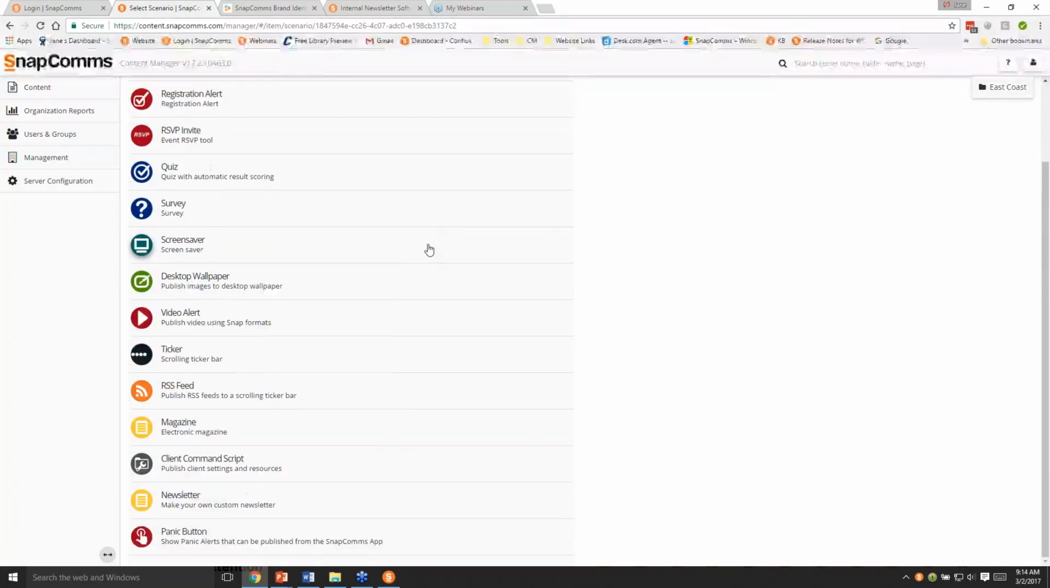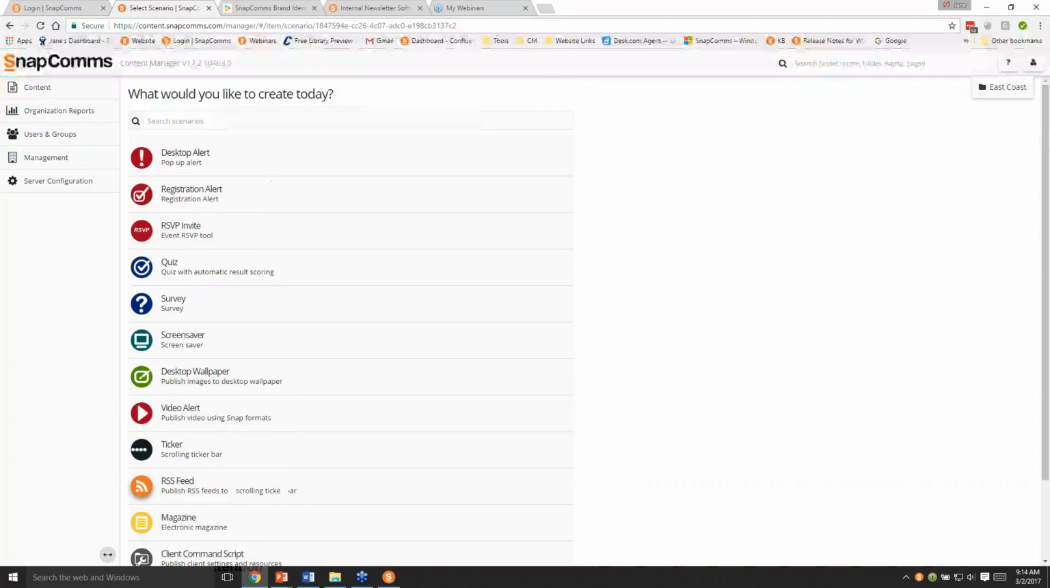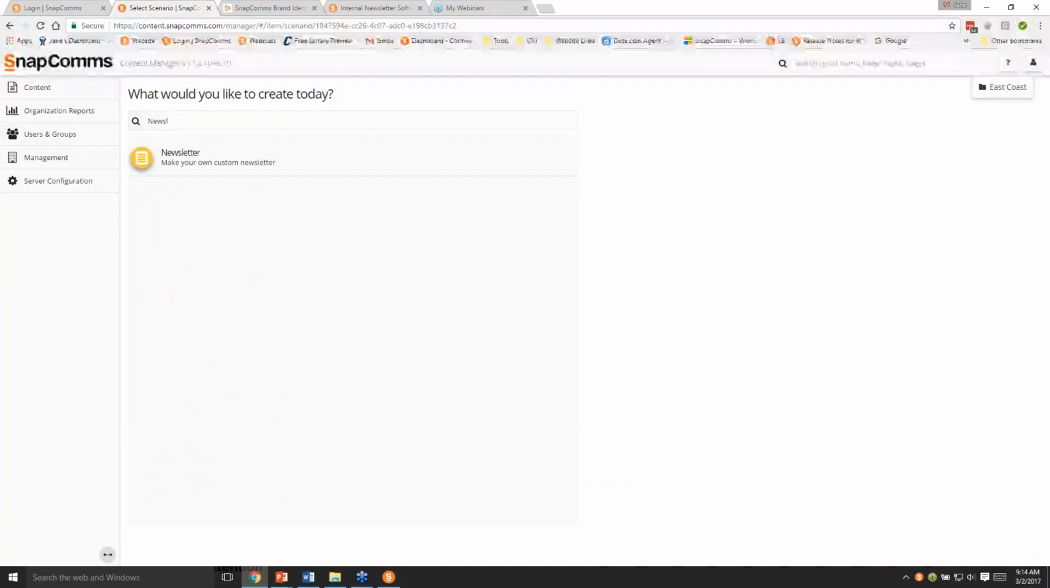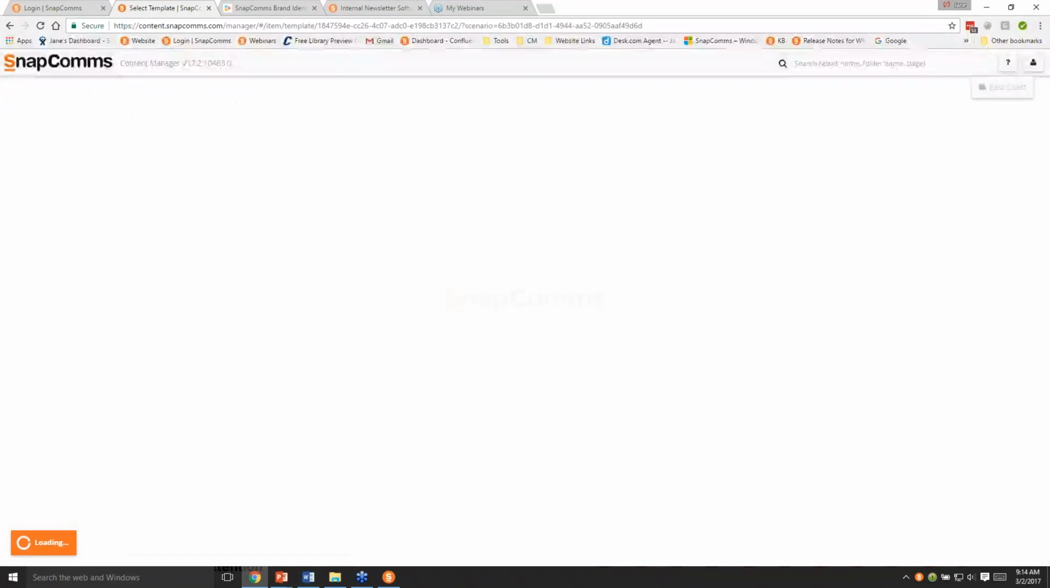And now I need to find that yellow newsletter icon. You can either scroll down to find it on the list, or there's a handy filter. Simply type newsletter and up it comes. Now again, if you don't see that icon, it's because it hasn't been enabled for you, so just reach out and we can help you with that. So you click on the newsletter icon,